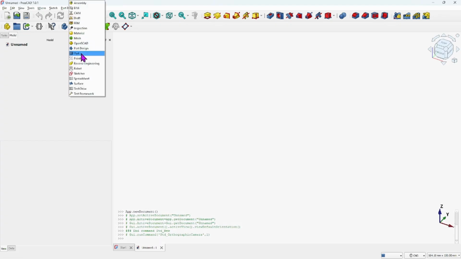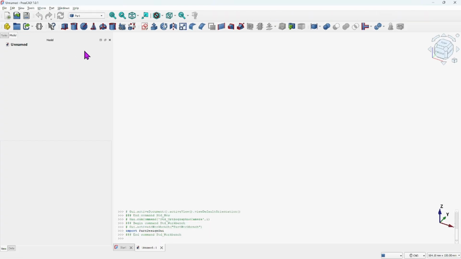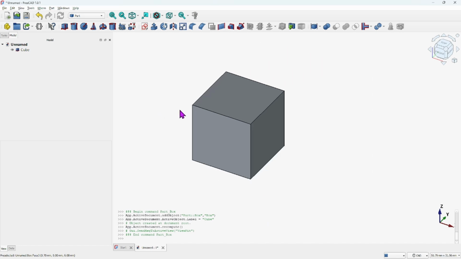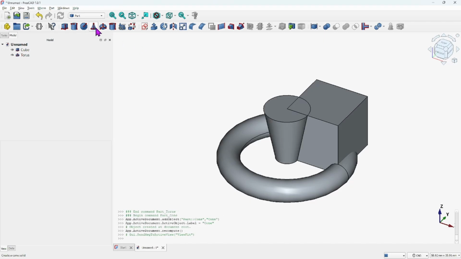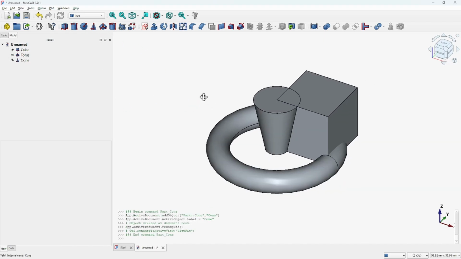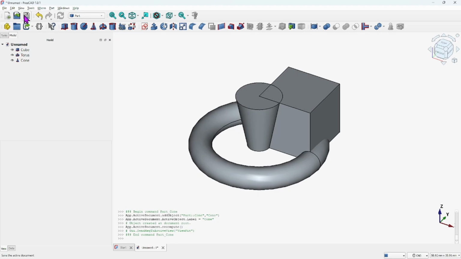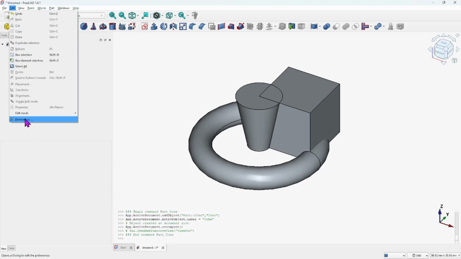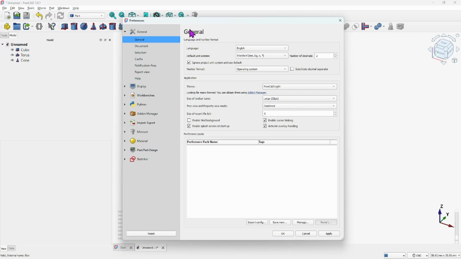We'll go into the part workbench. I know I've been teaching everything out of the part design workbench, but the part workbench is good for just pulling up quick shapes. There you go. Just a touch of the icon there, a shape comes up. There you go. And let's touch that one there. Okay. So let me go to the preferences. Edit, preferences, and under general,